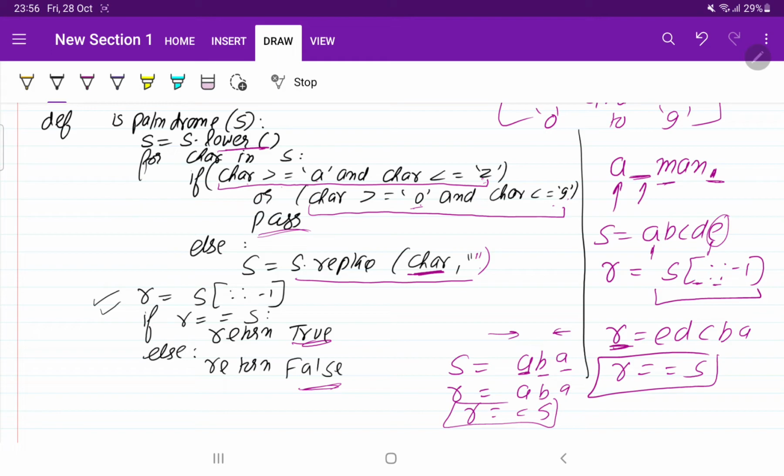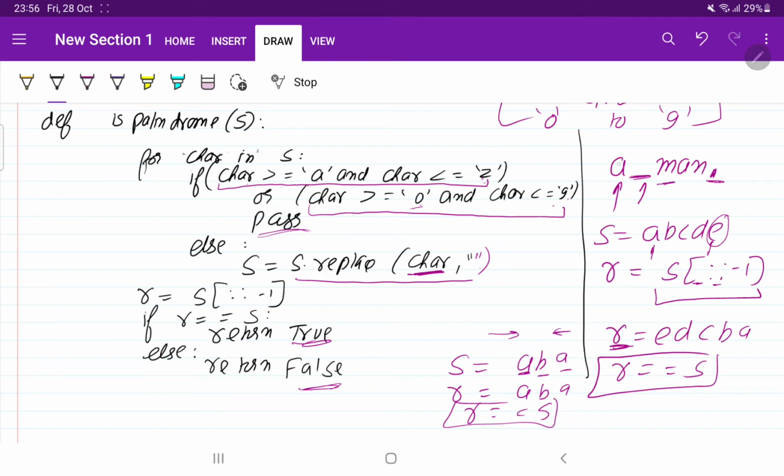Now if someone asks you to optimize this, instead of doing s.lower here, we can add more if and else conditions. Then we don't have to traverse the entire string again. So this time I will not do s is equal to s.lower.